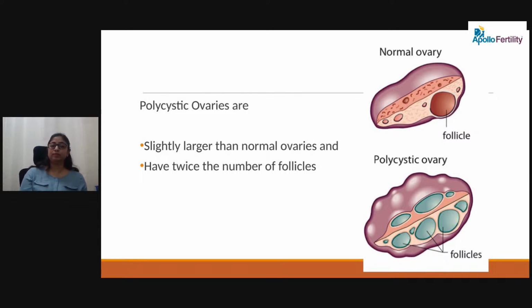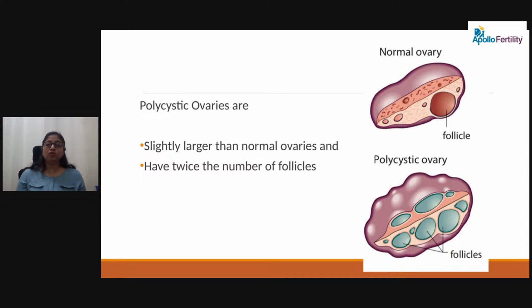I have discussed it multiple times before. The ovary is a reproductive organ which contains eggs, and these eggs are released every month. The egg meets the sperm from the male partner, which is called fertilization, to form an embryo which is implanted to form a pregnancy. Every month one egg is released. Eggs are not present in the ovary just like that. They are present inside a small fluid filled balloon of water, and this balloon is called a follicle. Normally 6 to 8 or 10 follicles are present in every woman, and that is considered normal.